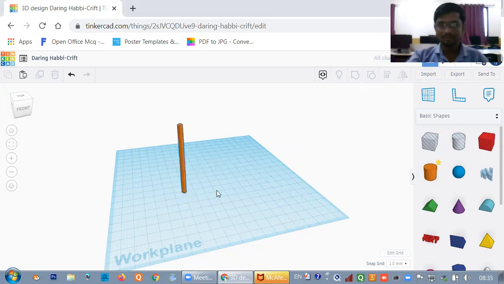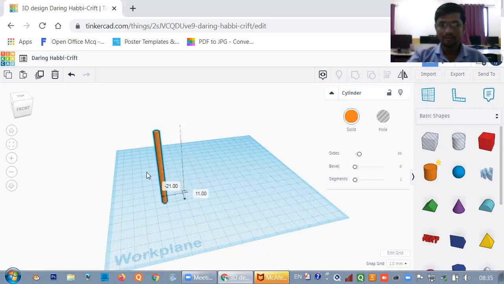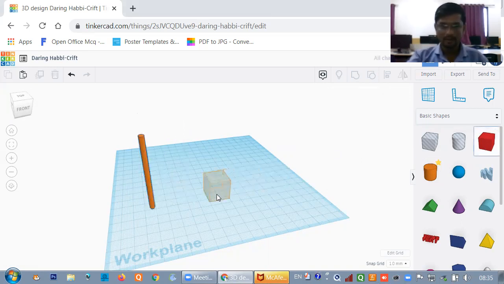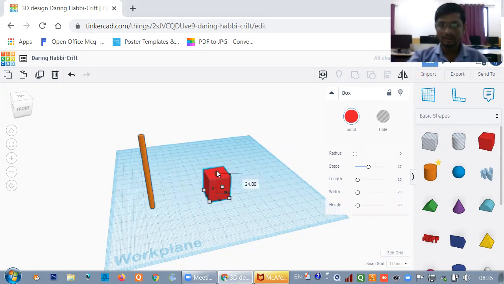Okay, this is done. Next, you have to add a box first. Now you have to adjust the size of that box. Suppose you want to create a key, I will take the height of this box as 30. The dimension you can set as per your requirement. The backside you can also increase, so it becomes a square, which will be the handle, white handle and black handle. We already learned this.